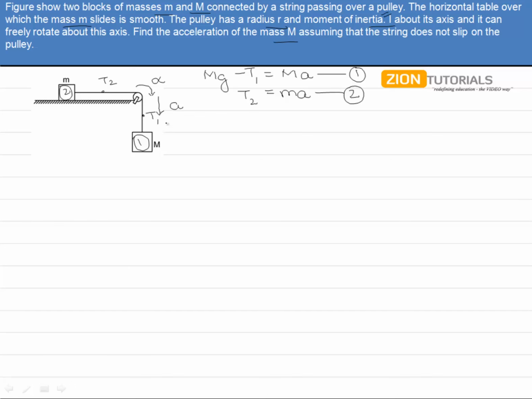Now friends, we have the total force due to which acceleration is there as T1 minus T2. So this is the force, or we can say it is torque divided by the distance r, or we can also say it is I alpha by r. And since we all know that a is equal to alpha into r, we can put it over here and write it down as T1 minus T2 equals I a by r square.